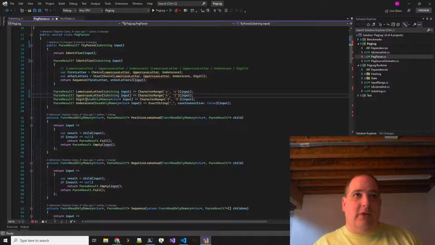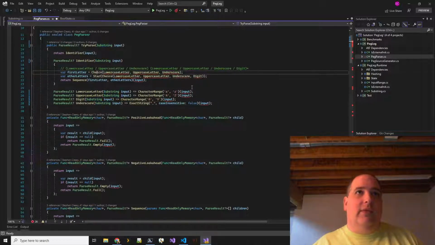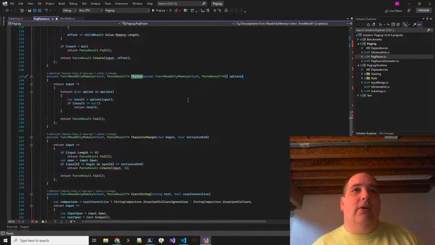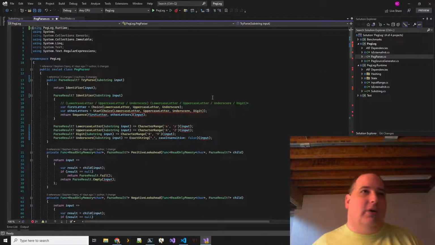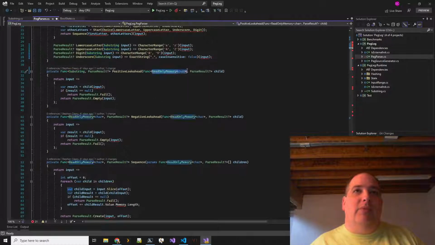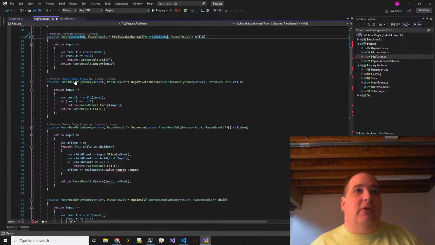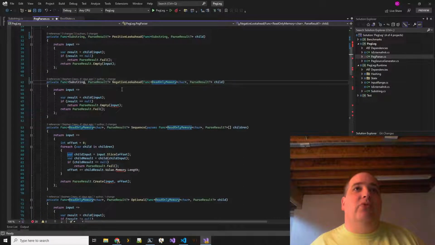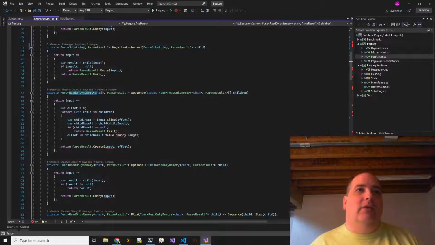Well, so far this is all just going to get passed on down. Nobody cares. And then we have to update our higher order things. These are no longer taking these kind of functions. They're taking substrings. Actually, I'm just going to work my way down like this. So essentially everywhere where we were using a read-only memory, which is what I really want to use, we now have to use our own custom substring type, which will in .NET 7 just be a struct wrapper around read-only memory. Close enough.